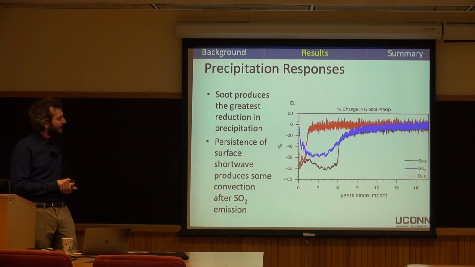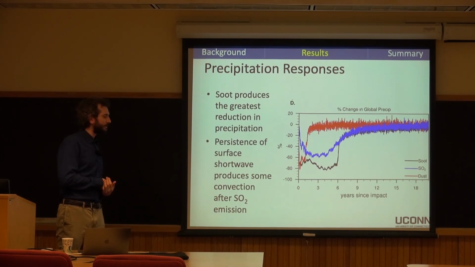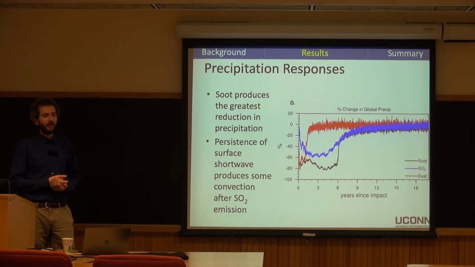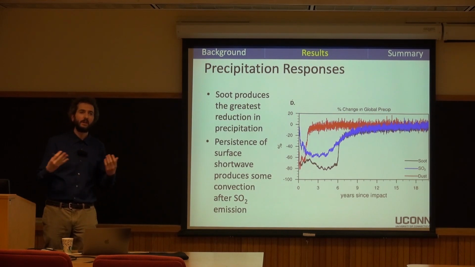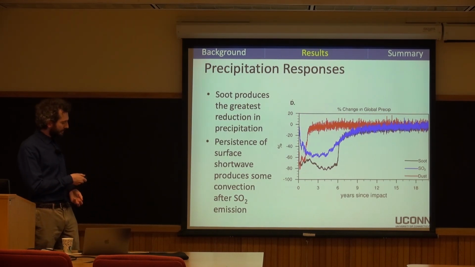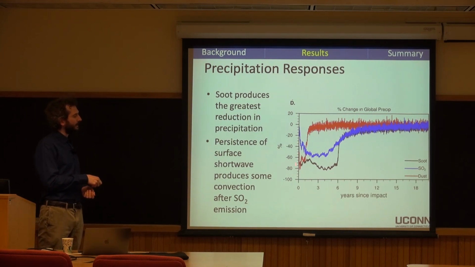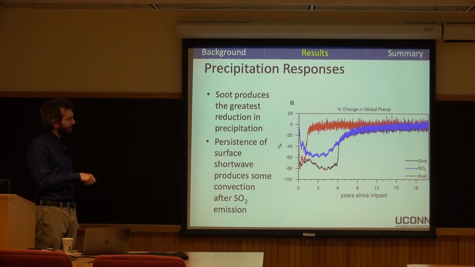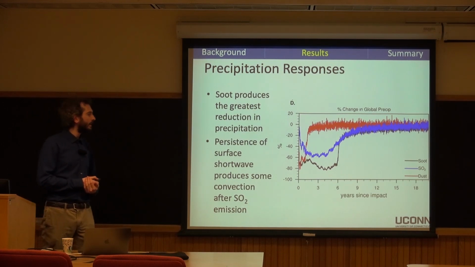Maybe this isn't unexpected, but almost within a few days of turning off the lights at the surface, your convective activity goes to almost zero, particularly in the tropical regions. So your intertropical convergence zone collapses, and you get this really rapid drop in precipitation. And this persists for a long period of time, particularly in the soot simulations, before you get this period of wet deposition around year 6. So there's actually some interesting feedbacks that keep this precipitation dampened, which I'm happy to talk about later, but a large component is really just the reduction in surface shortwave radiation.